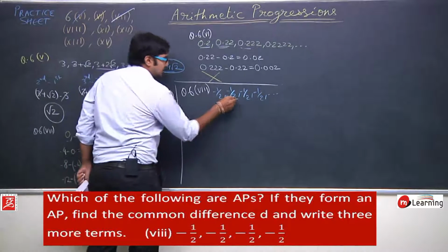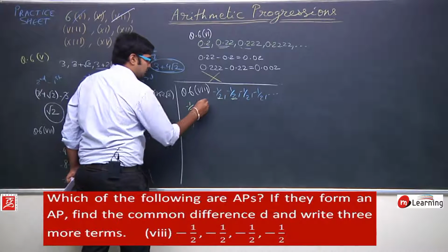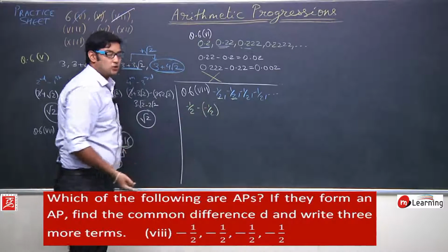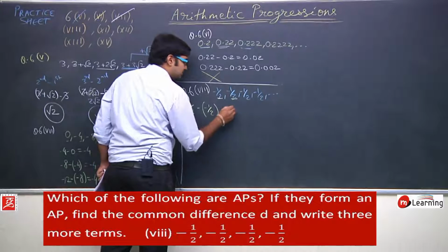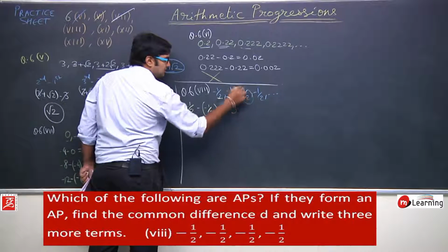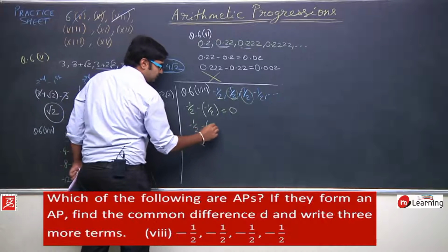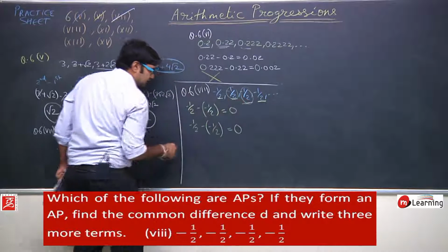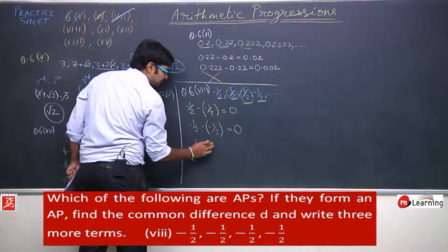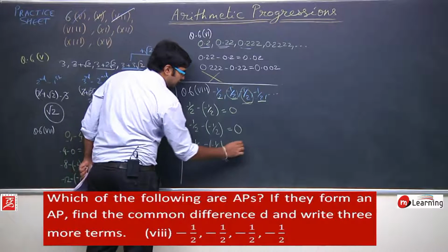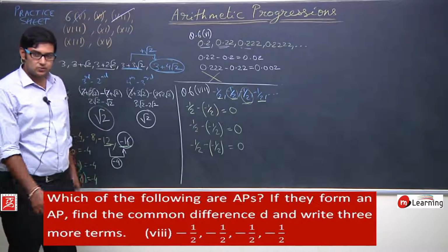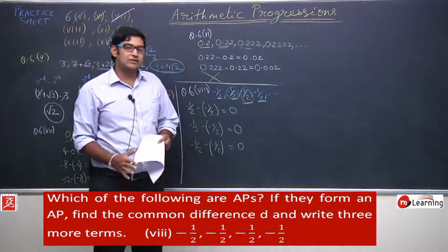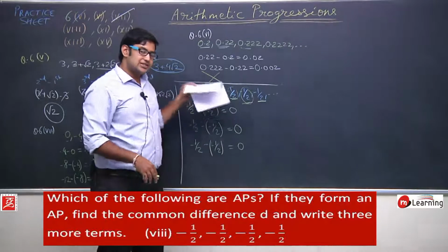First we will do second term minus first term. Second term is -1/2, first term is again -1/2. So -1/2 minus of -1/2, that is +1/2. So -1/2 plus 1/2 means 0. Then third term minus second term, -1/2 minus of -1/2, it will become 0. Then fourth term minus third term, fourth term is -1/2 minus third term is -1/2, this also will be 0. So what you can see, that the difference between any two consecutive terms is a constant value, that is 0. So this is definitely